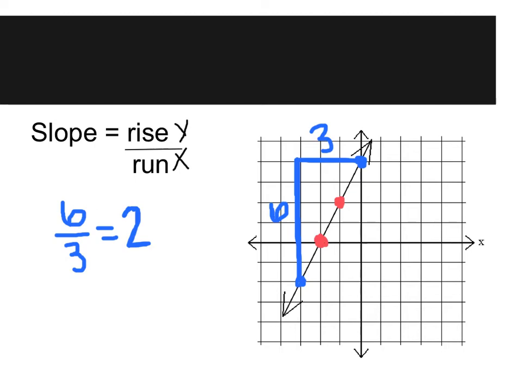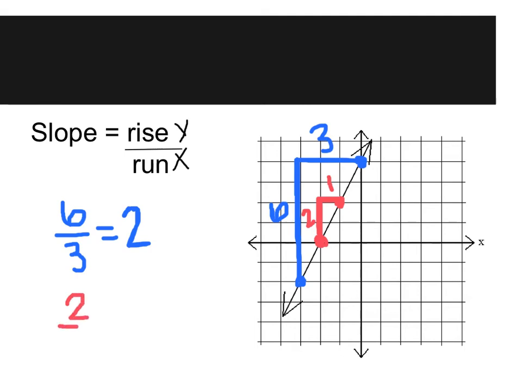From -2, 0, we rise 2, and then we run 1. Notice these triangles are similar. Similar means they are the same shape but different sizes. So for the red triangle on your screen, we went up 2, our rise was 2, and then we ran